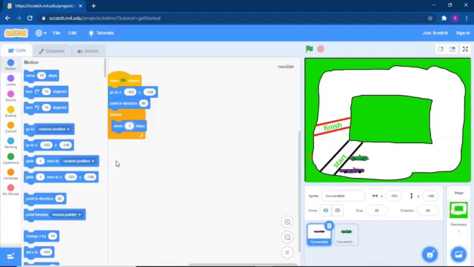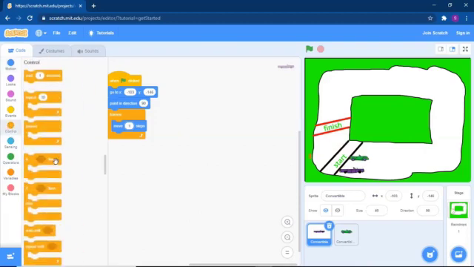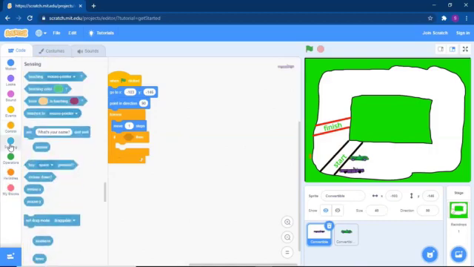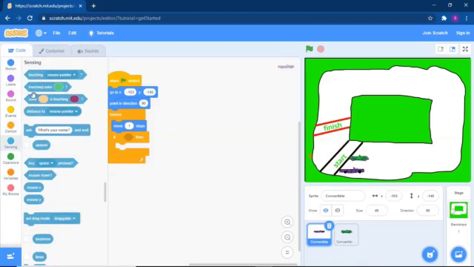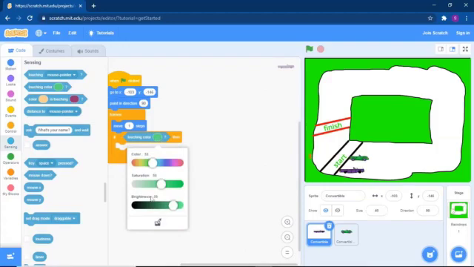It will be declared as the winner. How will we do that? If is in the control block. If it touches the red color, that is in the sensing block. So touches color, red color.